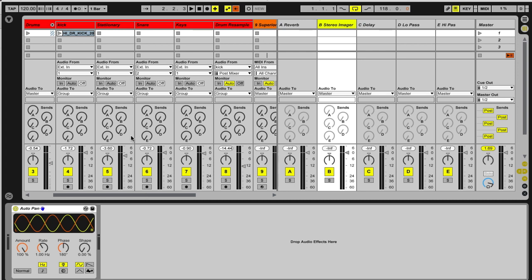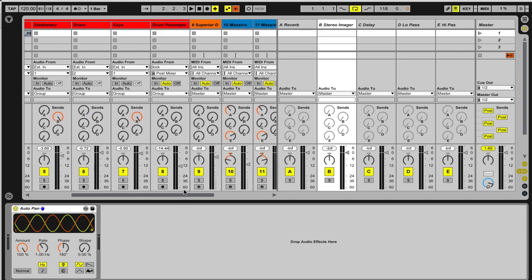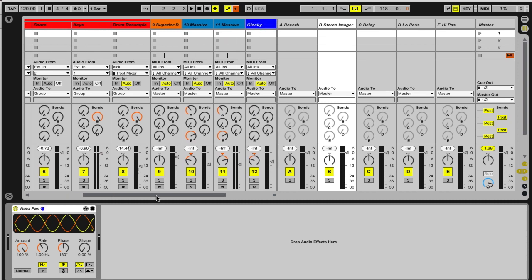But what I'm going to do is just send all of these sounds, these sort of stationary, in fact I'll leave the snare where it is, but the stationary samples that I have going on. I made some samples out of stationary in the study,